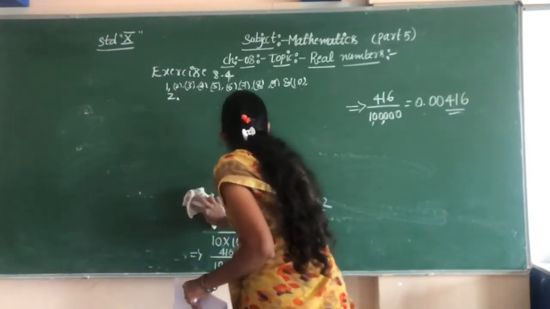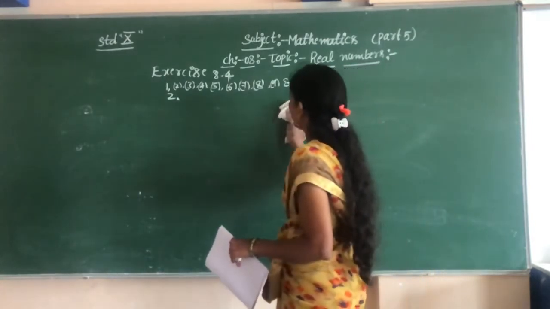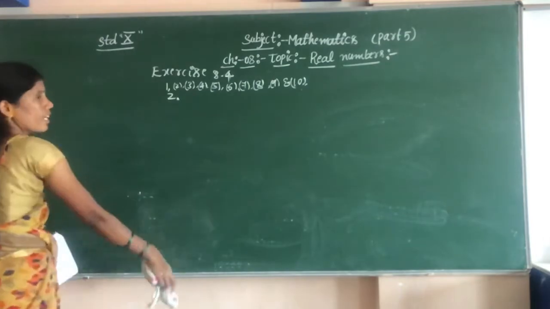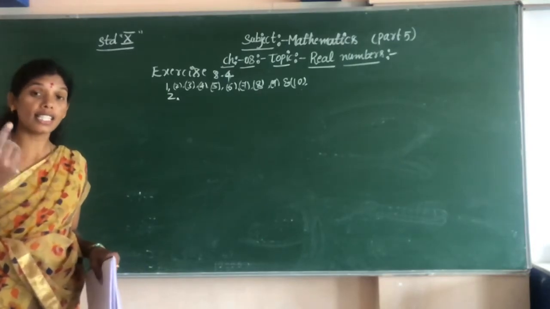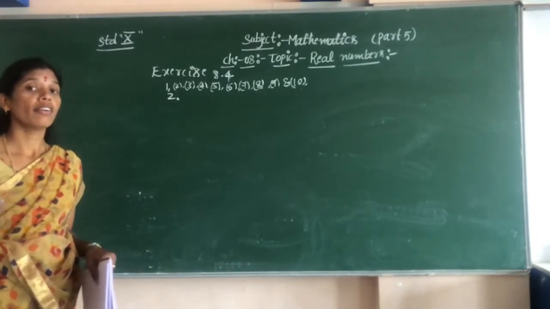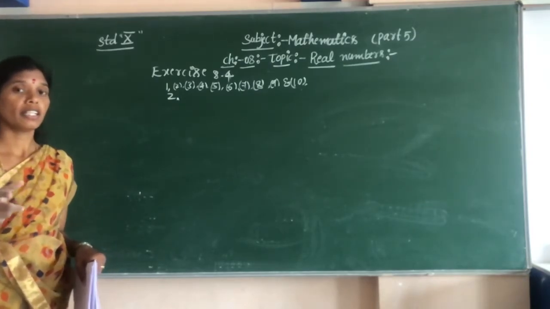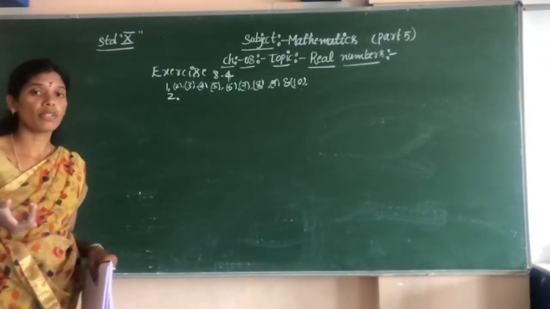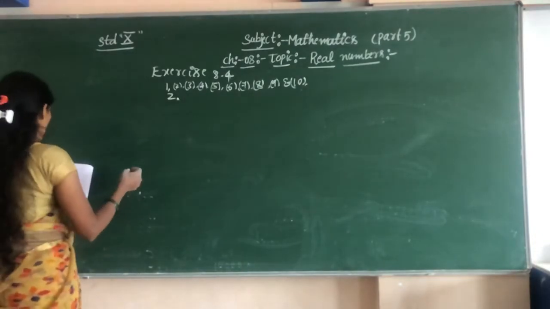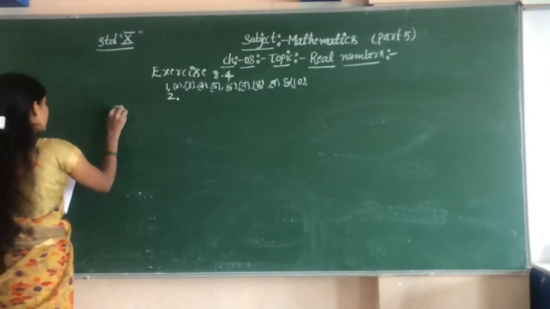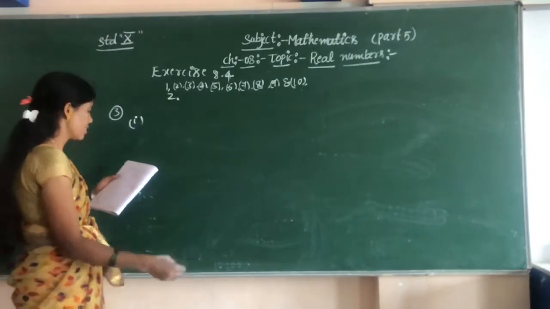We should check which one is terminating and which one is non-terminating. The number having only one and itself as factors is a prime, this is the terminating case. The number which has factors other than one and itself is called non-terminating. This is a composite number. In a composite number, many more prime numbers are coming, so that is a non-terminating number. So in the third one, the first given real number is